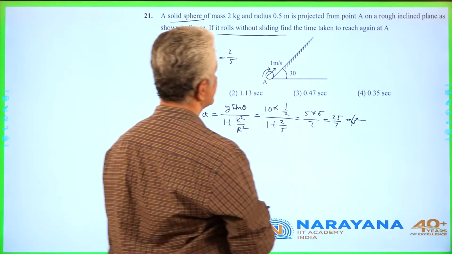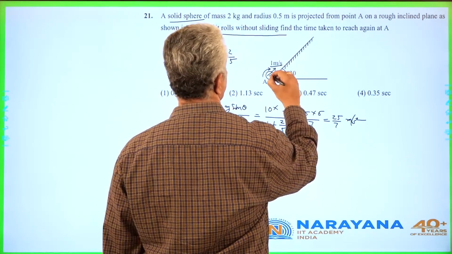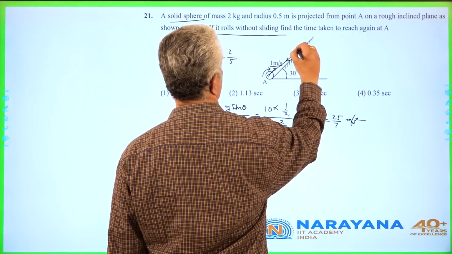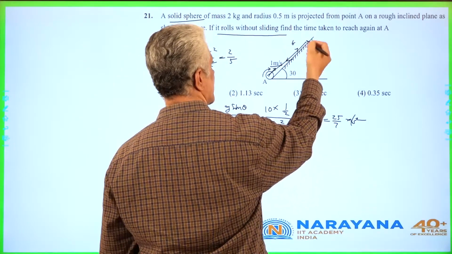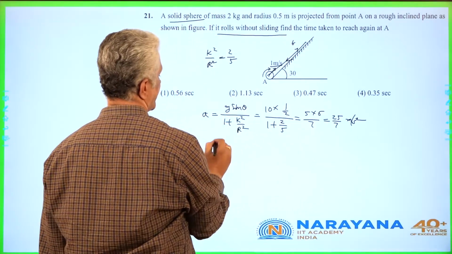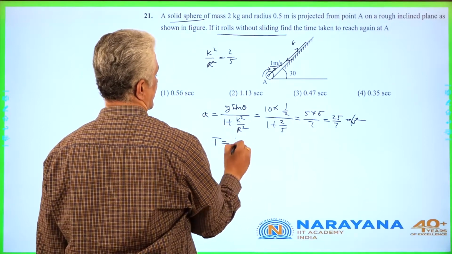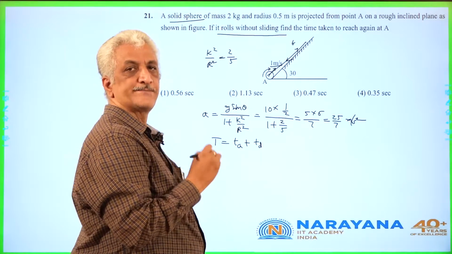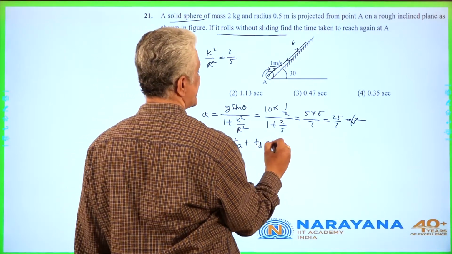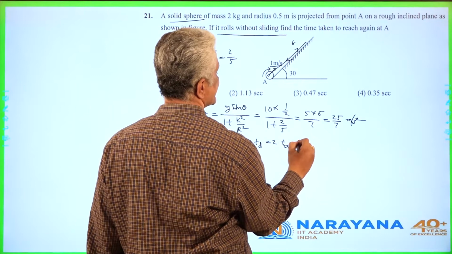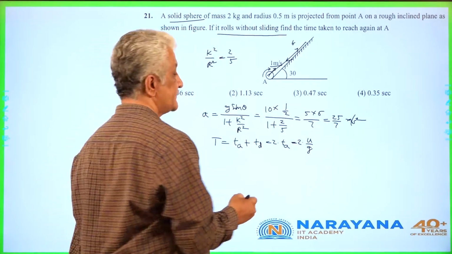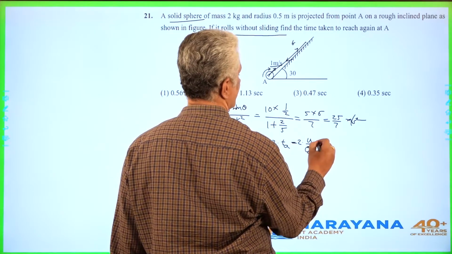And velocity is given as 1 meter per second. So initially it will go up, at one particular point it will stop, and again come back. Whatever time it takes going up, coming down also takes the same time. Then total time of travel is time of ascent plus time of descent. As both are equal, we can write this as 2 into time of ascent. That is 2 into u by a, not g, u by a, what we got.